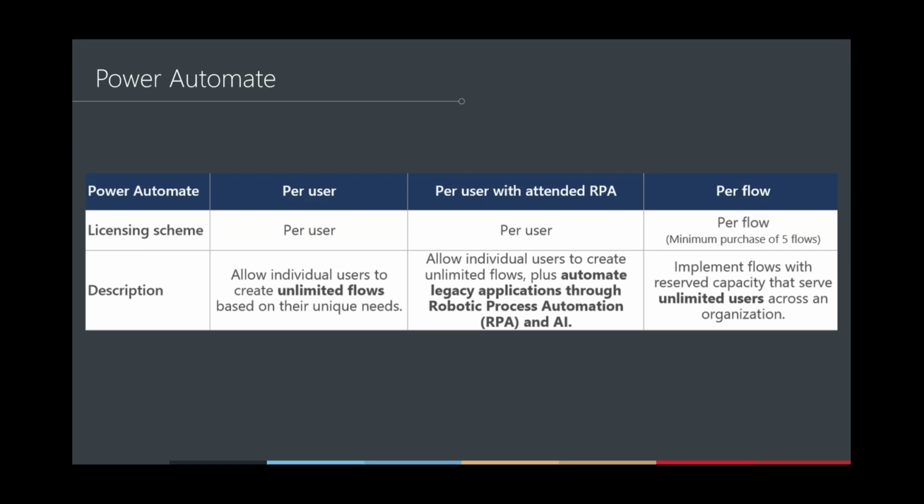Moving on to Power Automate. Actually renamed from Flow, as I mentioned previously. You've got a couple of options really when it comes to licensing Power Automate or Flow, these kind of enabled workflows for your organization. You can do it on a per user basis, or you can do it on a per flow basis, generally speaking. There's opportunities to buy additional add-on runs and elements like that. But if you're licensing it per